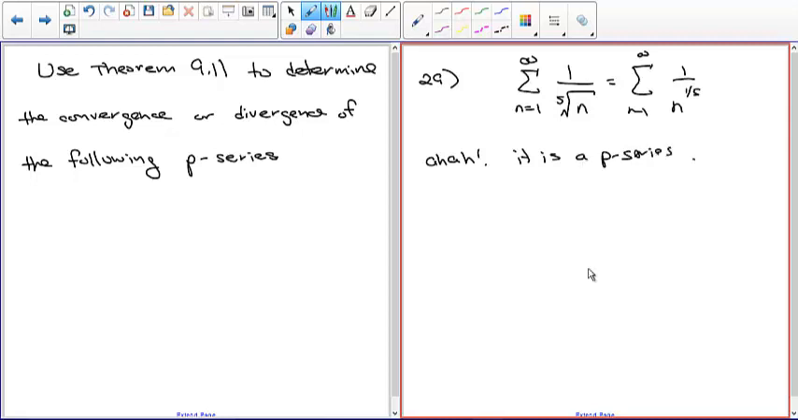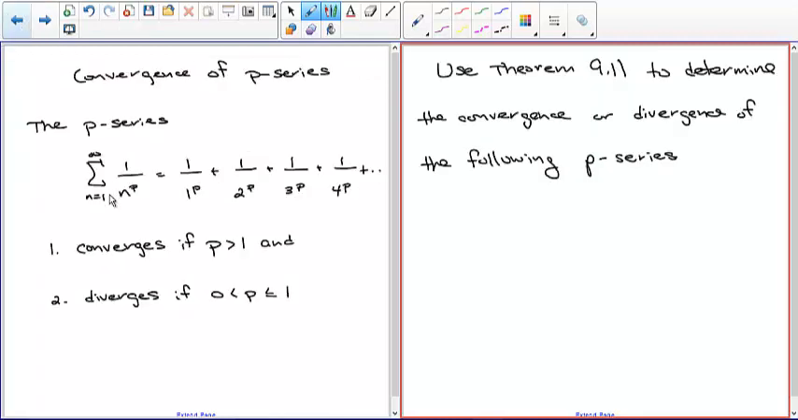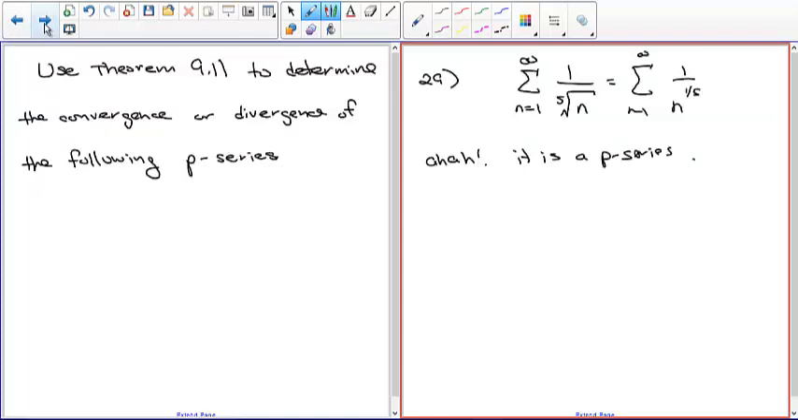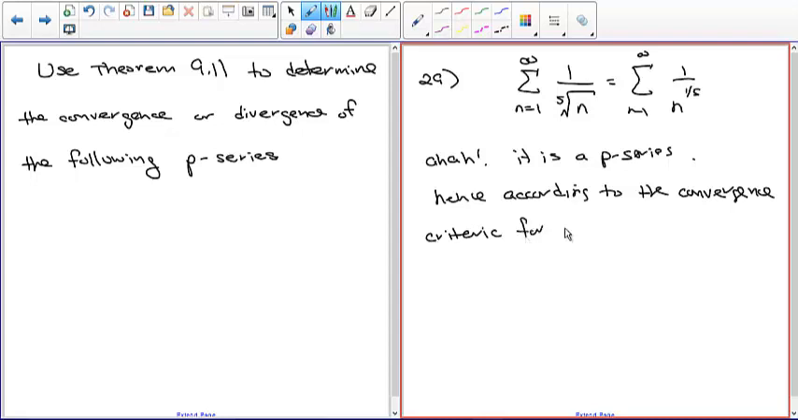So once you recognize the P series, then you just go back and say, what's the rule again? I forgot. Okay. It converges if P is greater than 1. So all you have to do is say, aha, this is a P series. Hence, according to the convergence criteria for the P-series tests